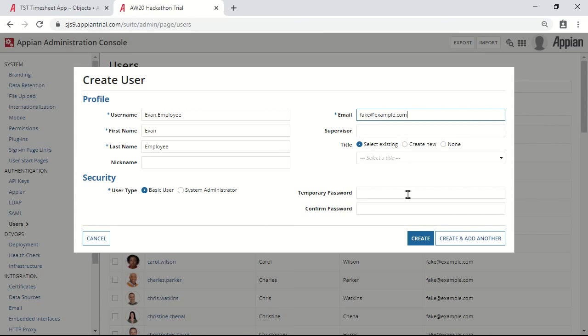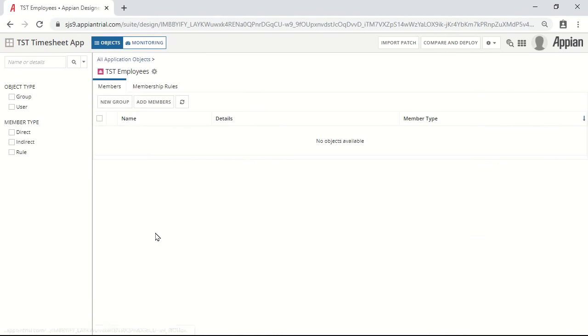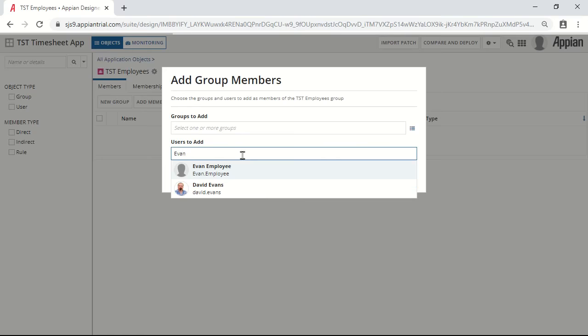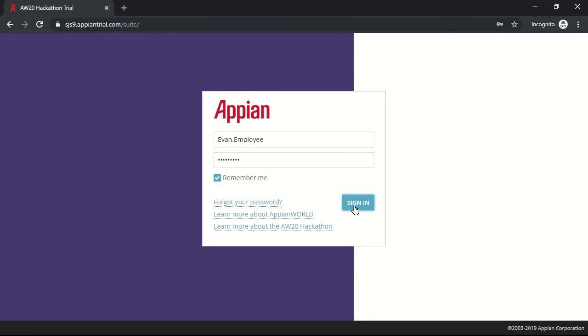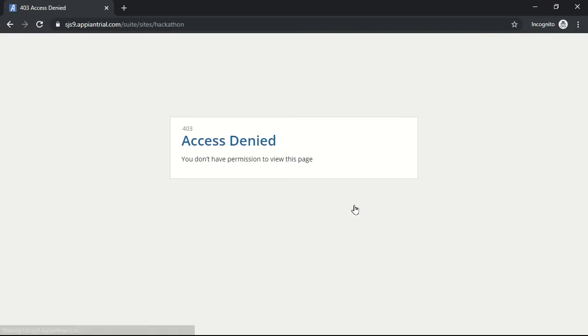I will name our test employee Evan and create a temporary password. I will also add Evan to our TST employees group. Now we can log in as a user. Since we're already logged into Appian under our system administrator account, what I usually do here is to open an incognito window in Chrome, which is Ctrl-Shift-N in Windows, so that I can log into both users at the same time. Logging in, Evan is redirected to his default start page, which currently throws us an error